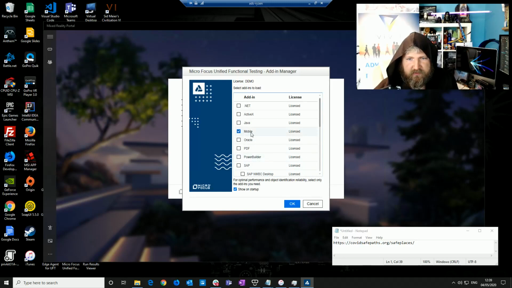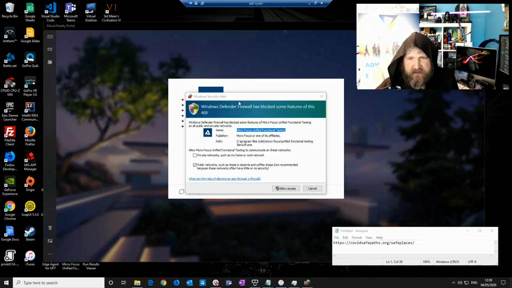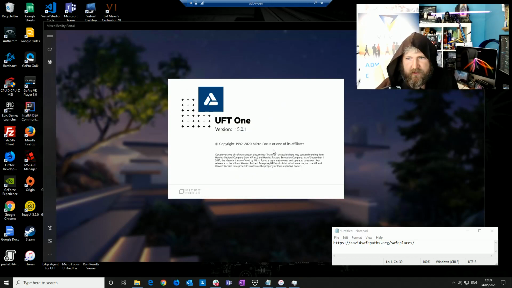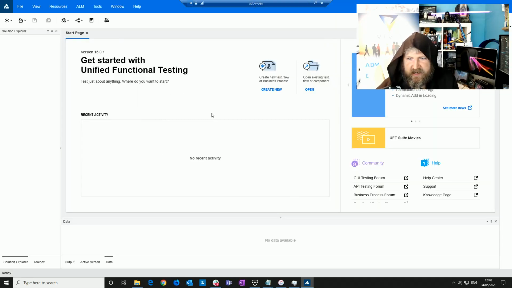Now I'm going to want the mobile version so I can connect to the mobile. There's some extra technologies in here. UI automation, we'll probably need to touch on that one as well. And so yeah, I've added in my plugins at the start, which is obviously when I talked about hooks, that's what the hooks are for, various different versions. It's asking me for some Windows AC stuff, which I've given access, and now we have the actual